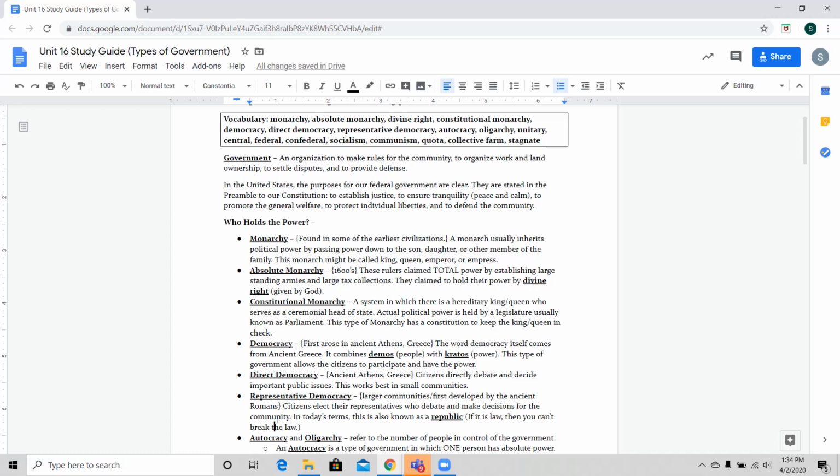But technically, if you notice, we're known as a republic. Now, we know in our Constitution, and you know this, that the Constitution says nothing about a democracy. It says we are a republic. In today's definition and terms, if you look anywhere, they'll usually say that a democracy and a republic are the same exact thing, and that's not necessarily the case.